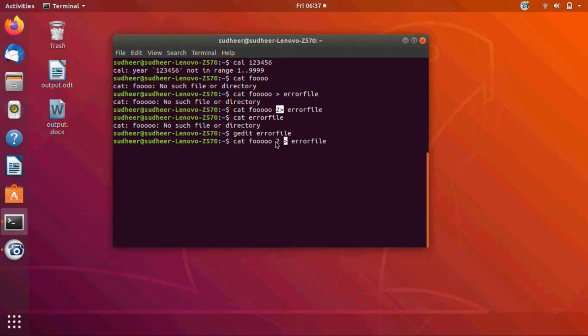That is not a valid symbol. There should not be a space between these two characters for the redirection symbol of the standard error. These are the standard files available in the Unix system: standard output, standard input and standard error.